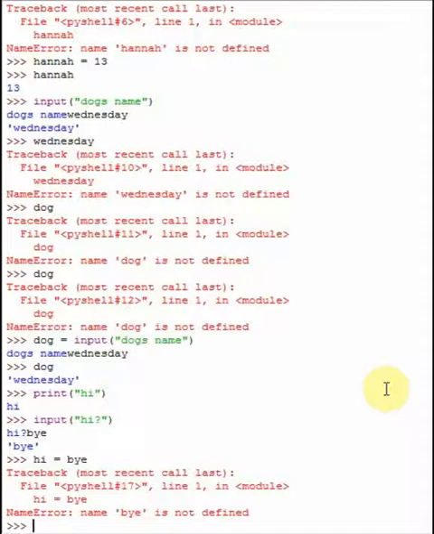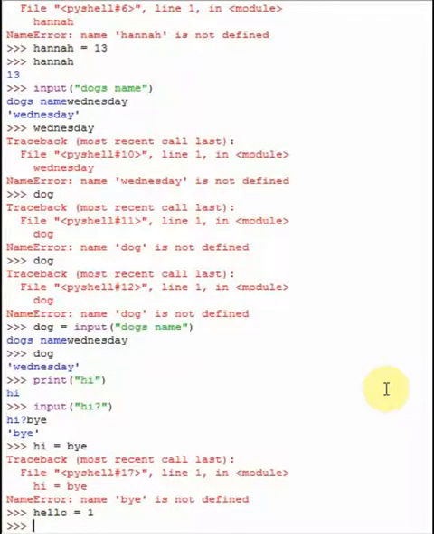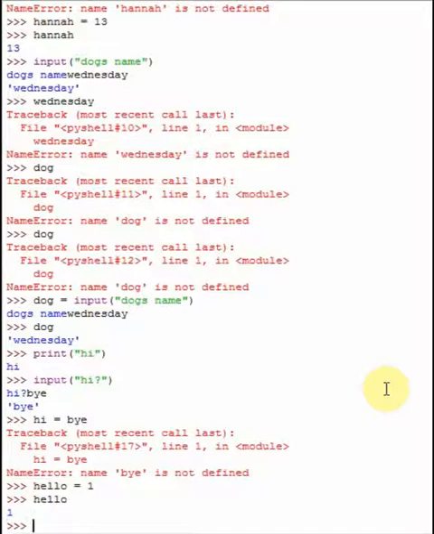Sorry. Variables is simply, well, you get the point. Hello equals 1, hello. And to make a variable equal something, you would do